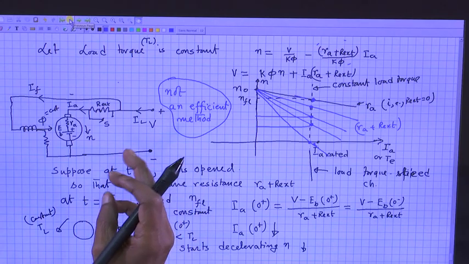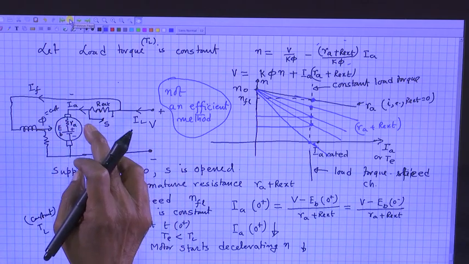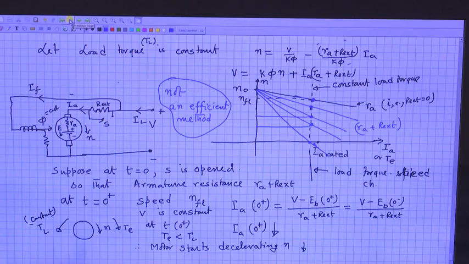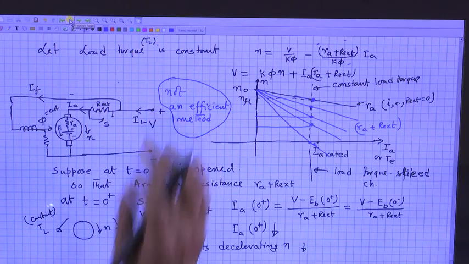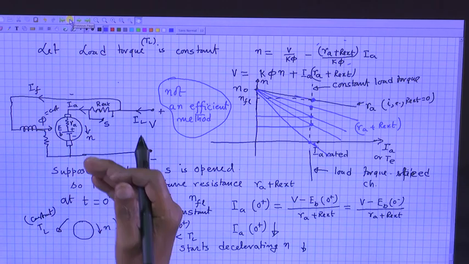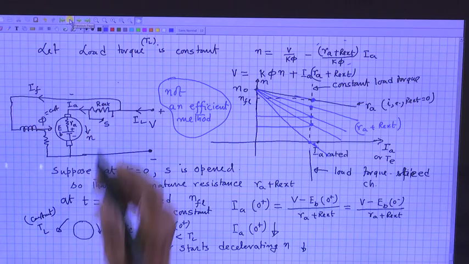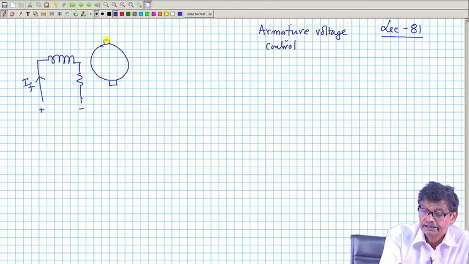Somebody may say you are applying lesser voltage in the armature circuit because of this drop, but that is not a good way of telling, because the armature circuit voltage applied is fixed. I am changing the external value of the resistance connected in the armature. If you say it is armature voltage control, it should be like this: I will not connect any